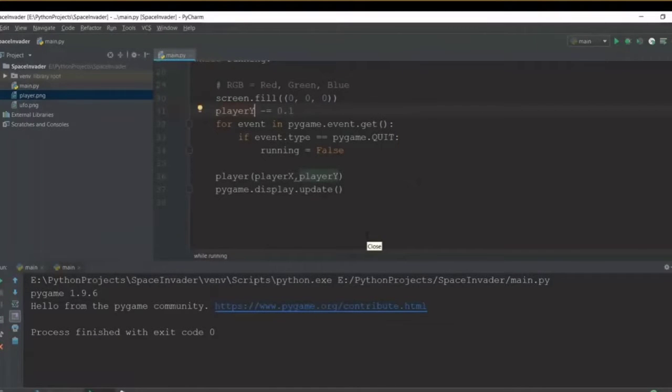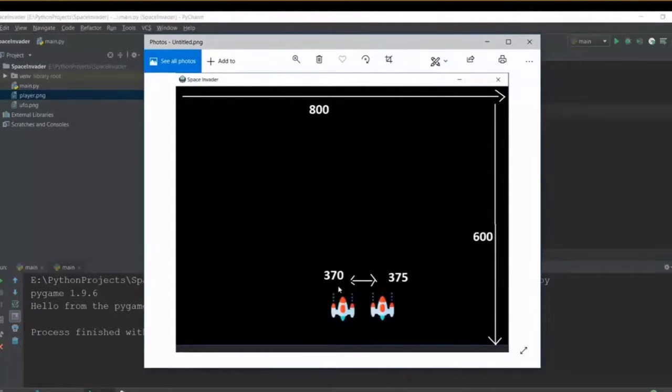Just to reiterate, why is this movement happening? Why is it that when we are decreasing the value in Y, it's going up? Because at the bottom, the value of Y coordinate is 600. So if we decrease the value, it is going up. So over here it's about 480, and if we decrease it more, it's going to go towards the up direction. And similarly, if we increase it, it's going to go below, more than 600 coordinates.